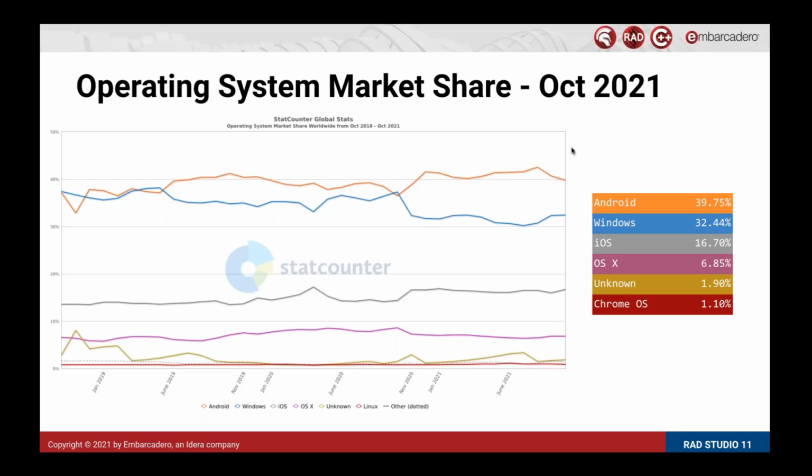Interestingly, iOS is also maintaining its market share, and macOS is again relatively steady, about a fifth of what the Windows desktop side is. So it's quite clear that on both mobile platforms they're ahead of the corresponding desktop platforms in terms of connectivity. So it's a very important area to be aware of. But also in terms of deployment of applications, it's something that will come back to in the last thing we'll look at later today: how mobile is actually coming into the desktop as well, and how we need to look at that.